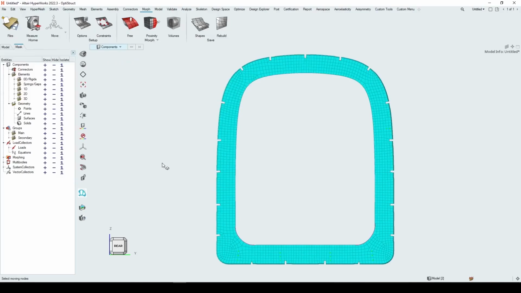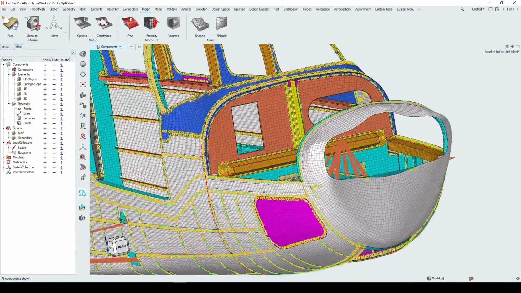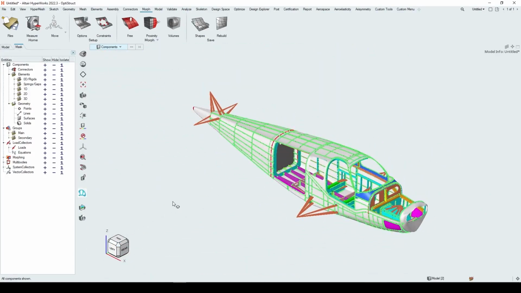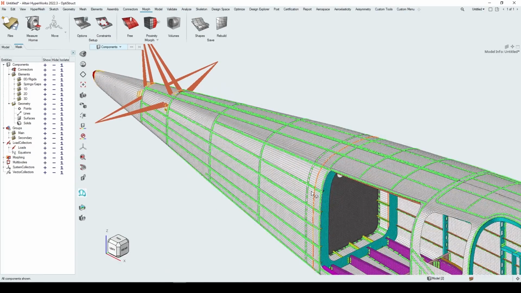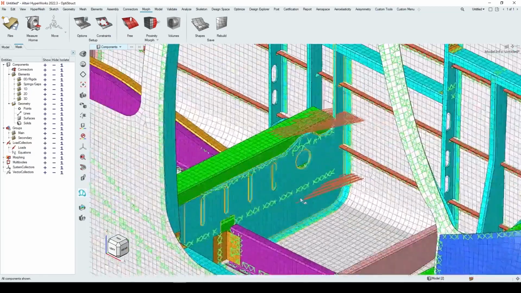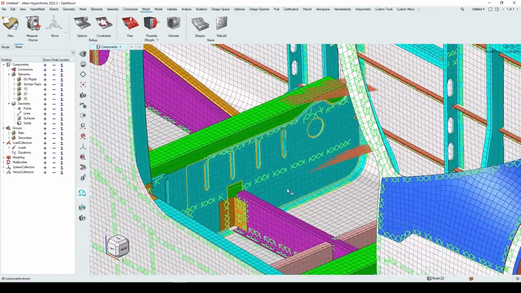We'll now go back to our full model, pressing C for components, A for all elements. I'm going to show you an example of the proximity morphing. So the proximity morphing is very good if you want to make changes to your mesh that will only influence a certain region within your model. So, for example, if we wanted to make a change to this bulkhead here,